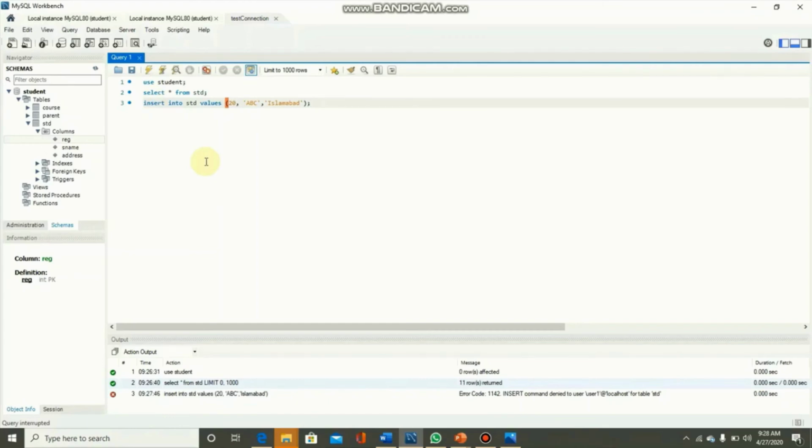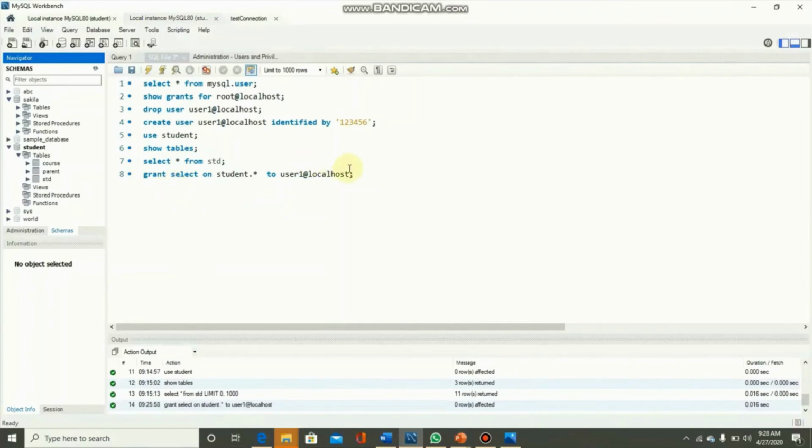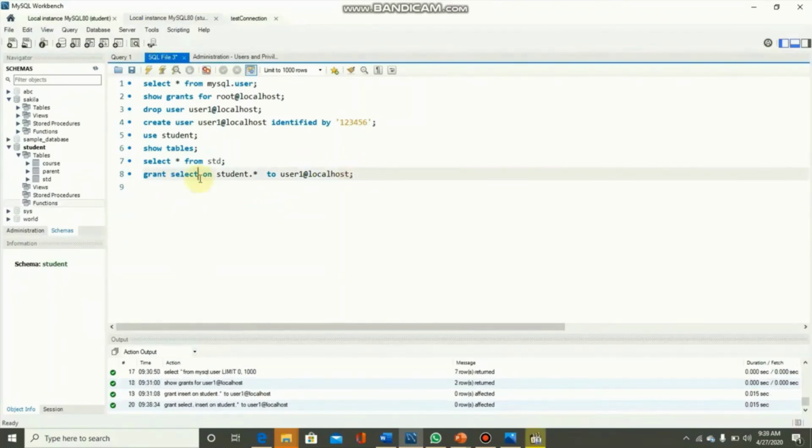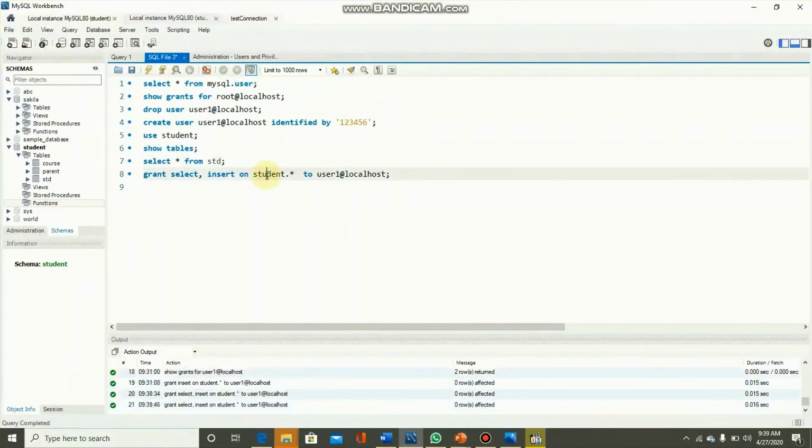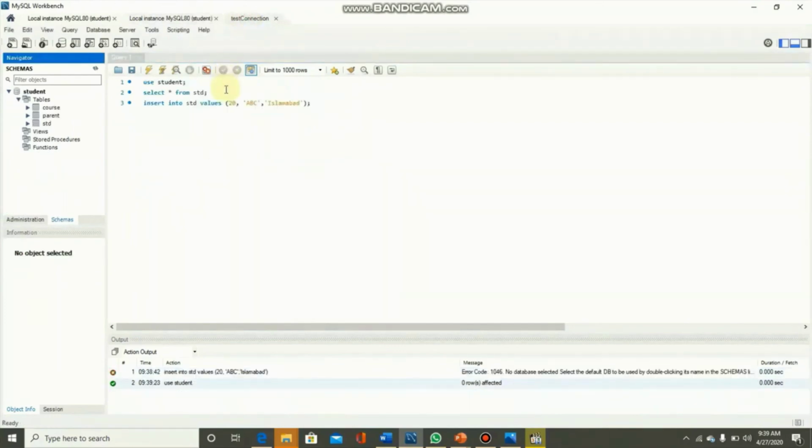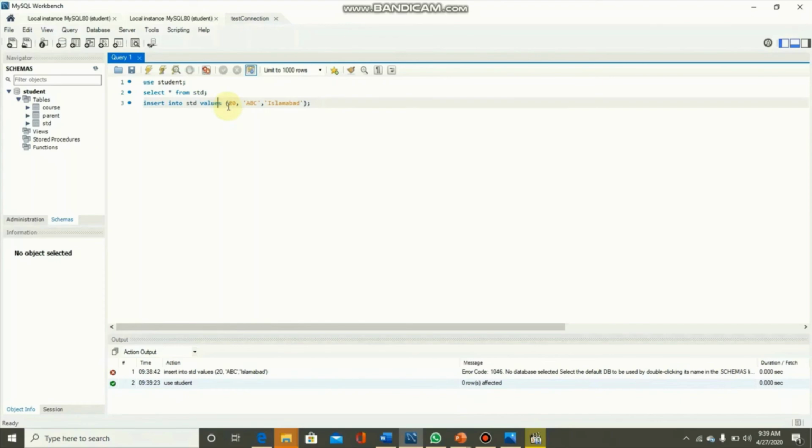So if we need to grant this insert privilege to user1, we can use a similar query. Now let's give select and insert privilege to user1 on student, execute it, and here under user1 we will try this query again. It's working now.